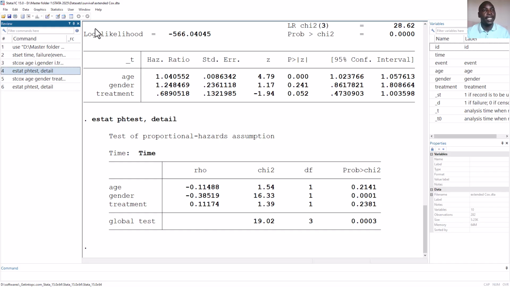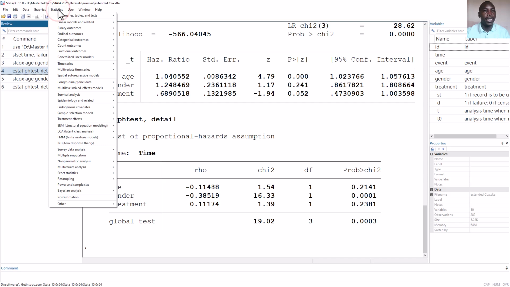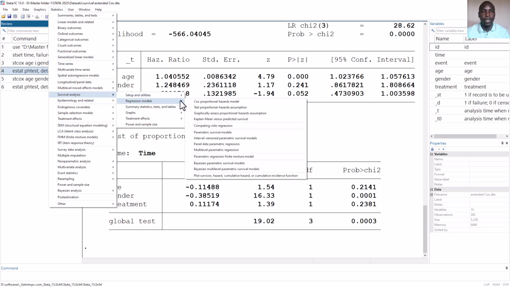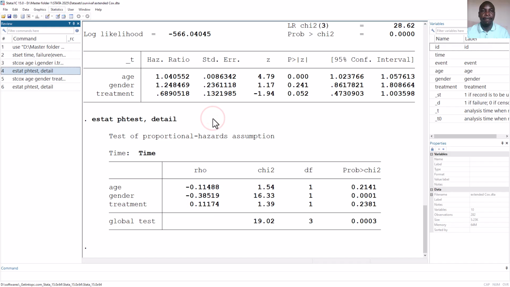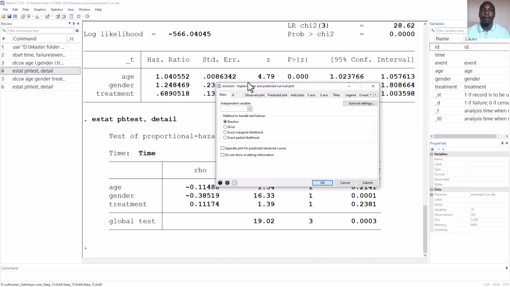We could also test the assumption graphically through statistics, go to survival analysis, models, regression models. We can use the observed versus predicted, the Kaplan-Meier versus predicted survival. This tests one variable at a time and only categorical variables. So we can start with the